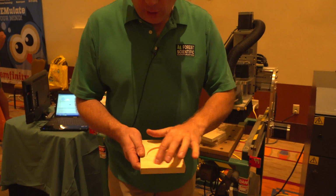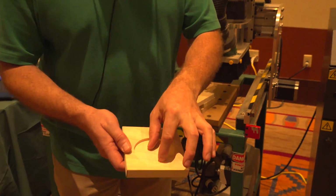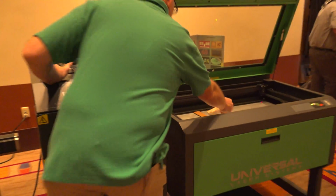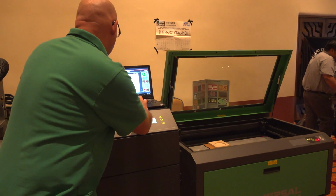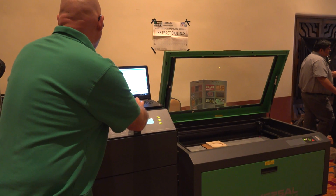And so this is the pocket that you'd set the cup or the pop can, soda can, whatever on. Now that this is done, we can customize it. And how about I add your name, Gene? Okay. So I'm going to just go into the software, and I can simply